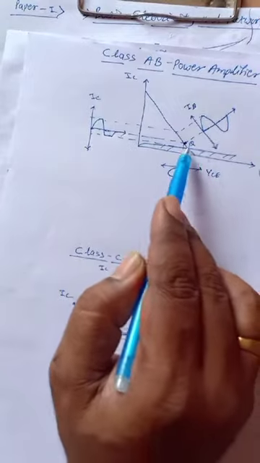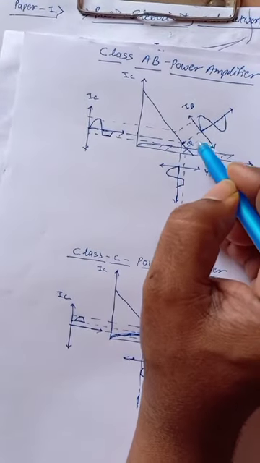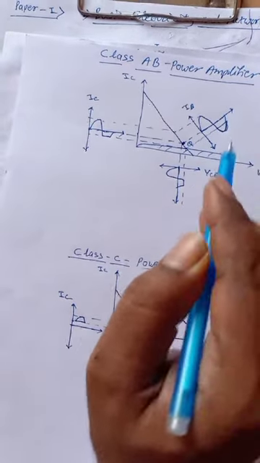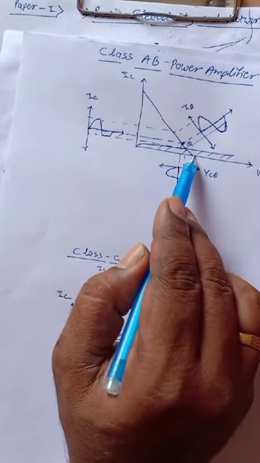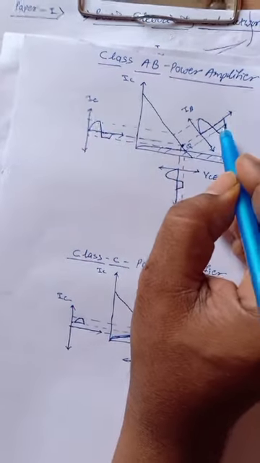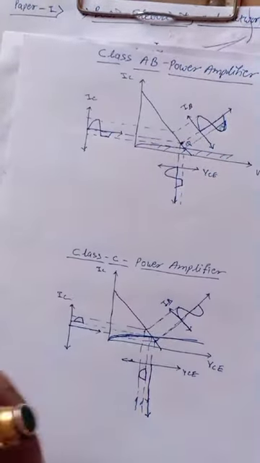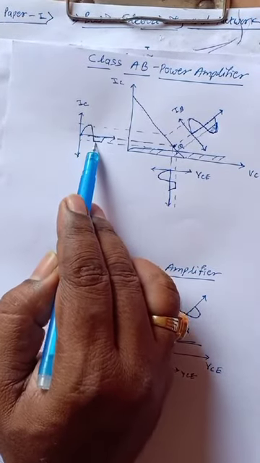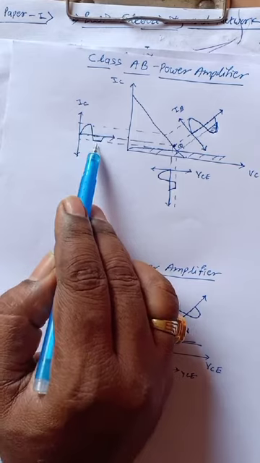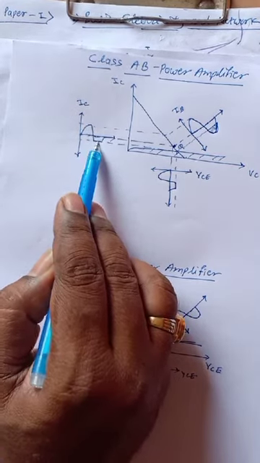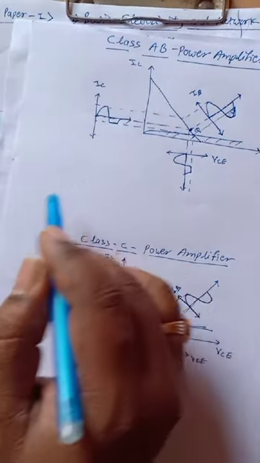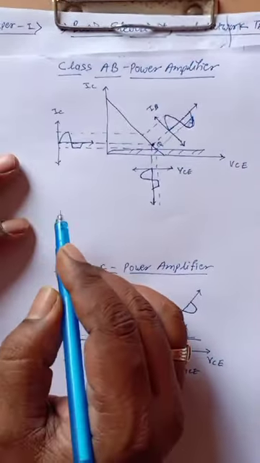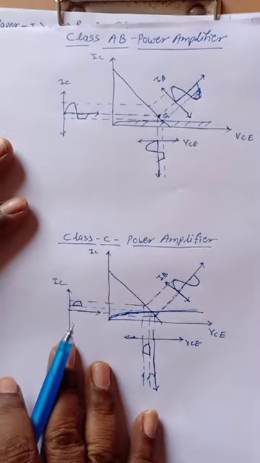If we observe here, for this part of the negative input, the transistor goes into the cutoff region. So only for this part we get an amplification which is greater than half cycle but less than the full cycle. So it has a little bit of distortion, but the crossover distortion is avoided with a class AB push pull amplifier.